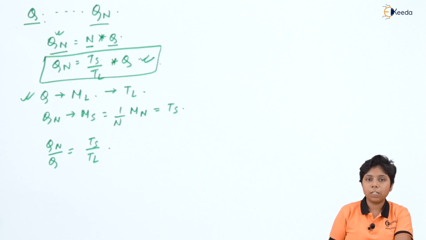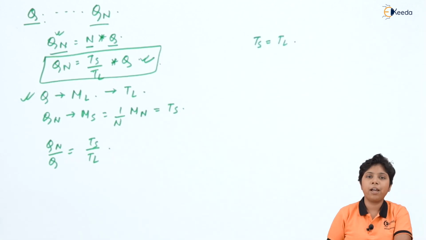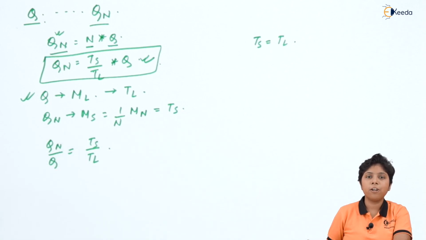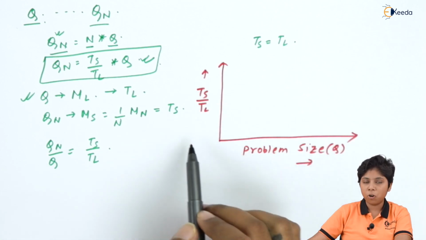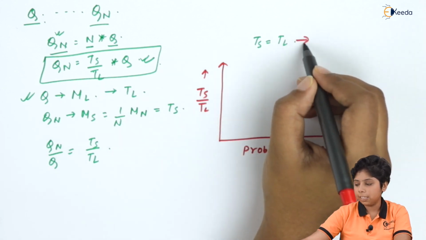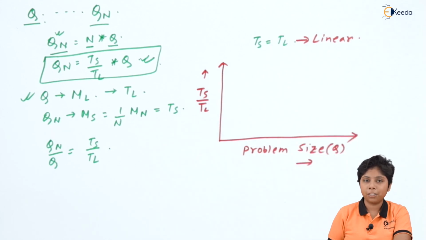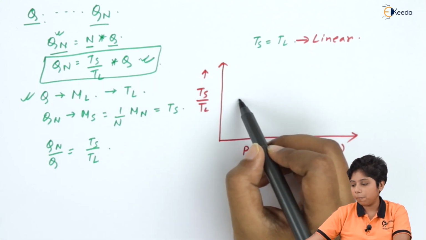Now if we put this in a graph, again we can have two types of similarities between scale up and speed up. If my Ts equals TL, that means we have a linear scale up. That means my Qn and Q are both the same size, so we are not scaling up at all. So this is the size of Q, and this is my speed up or Ts by TL ratio. Now if Ts equals TL, then we call it a linear speed up. So how can we show this linear speed up in the graph? See, this Ts by TL is the same, that means it will be 1, so it will be a line parallel